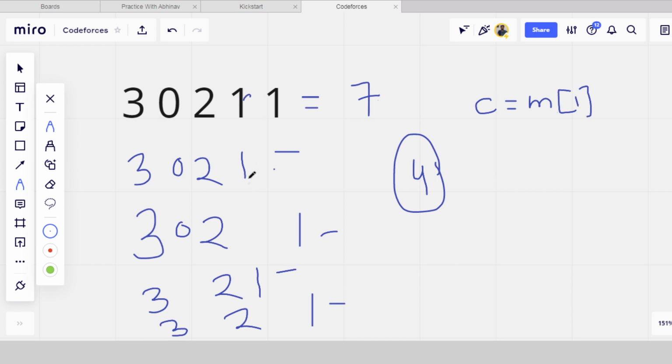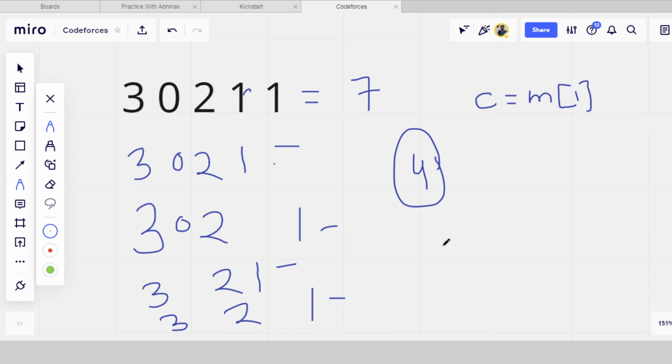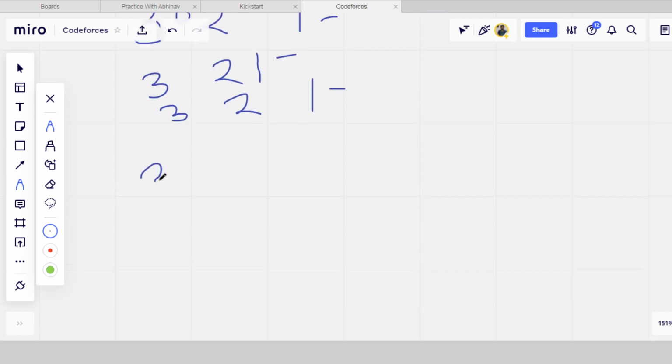पहले हमने इस 1 को हटाया था और इस 0 को हटाया था, एक पॉसिबिलिटी थी. हमने इस 1 को हटाया, इस 0 को, फिर एक पॉसिबिलिटी बनी. So the thing is, the possibilities, for example, there are 2 zeros. The array is 3 0 0 2 1 1, for example.